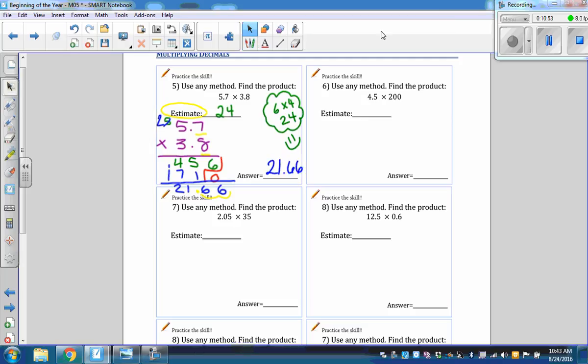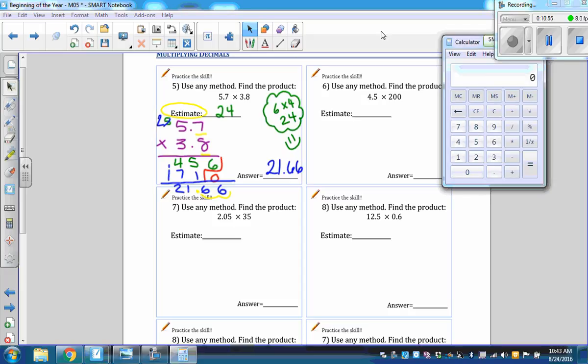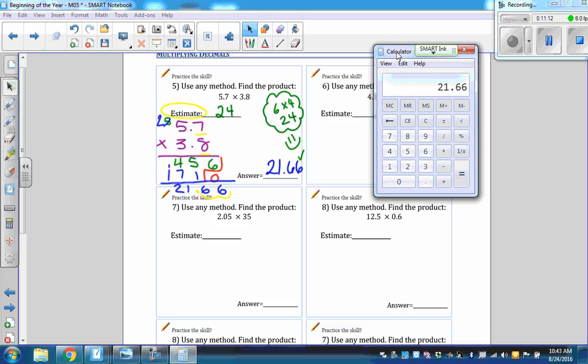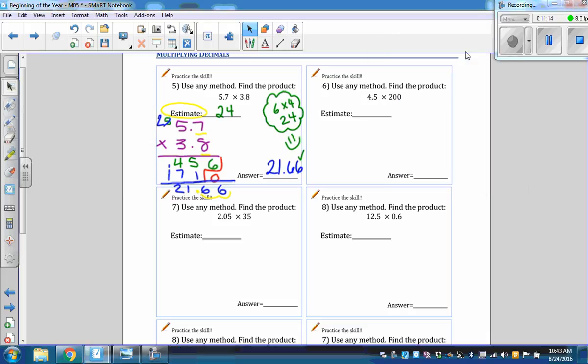Another way to check your work is with a calculator. Remember never to check your work with a calculator until you've actually finished the problem without the calculator. 21.66. It checks out. So I'm going to move on. Put my calculator away. On problem 6, I'm going to use the area model because if you remember on the